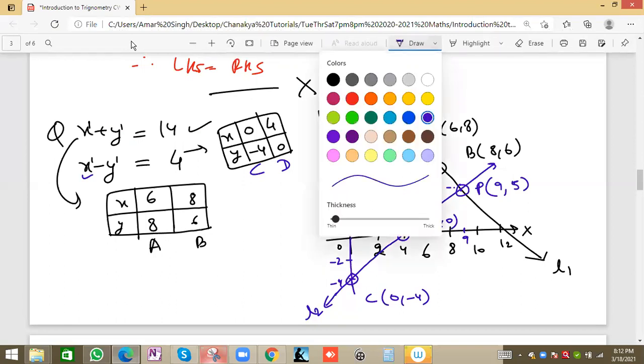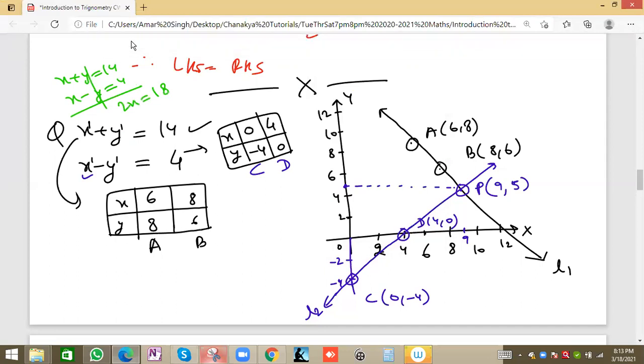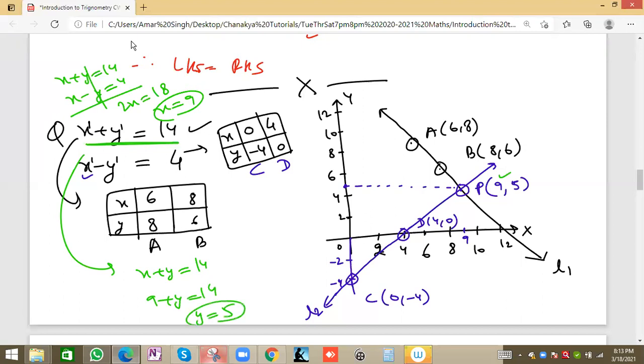Also, you can solve from the equations themselves, because we have two equations, x plus y is 14. As a backup, you can solve to know the answer. So we can add these two equations, so 2x will be 18, x will be equal to 9. We get the solution point x as 9, fine, and we'll put the x value 9 in any one of the equations. Suppose you put it in the first equation, then x plus y is 14, so 9 plus y is 14, so y will be equal to 5. 14 minus 9 is 5. Fine, no problem. So on the graph, where these two lines intersect, that will be the solution of these equations.